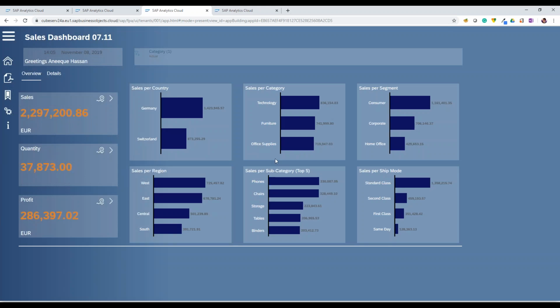Then when we go into the content details of this application, we will see that we start with a nice welcome message for the user with the current date, which helps us in our screenshots. Then we have two tabs, overview and details. The overview tab has a graphical display of our main KPIs on the left, and our current selected KPI shown according to different dimensions on the right.